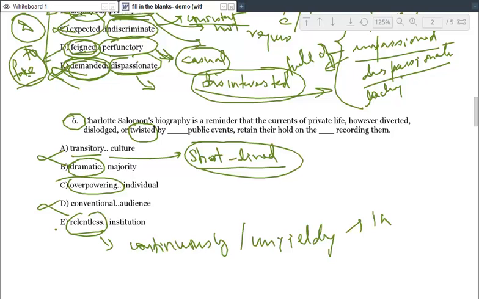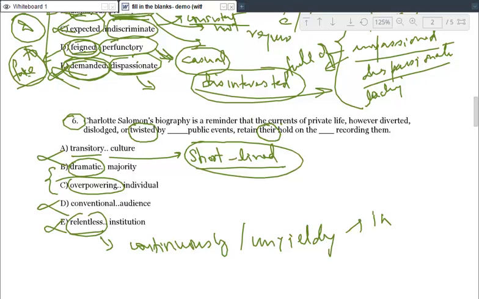I mean, dramatic public events, yes, it makes sense. Overpowering public events, yes, it makes sense. But you cannot say relentless public events. Relentless fight back, relentless demonstration, you can say. So some kind of action can be relentless, but a public event cannot be relentless, right? So I think it's an awkward thing. I would rather choose dramatic and overpowering. Now the problem is,